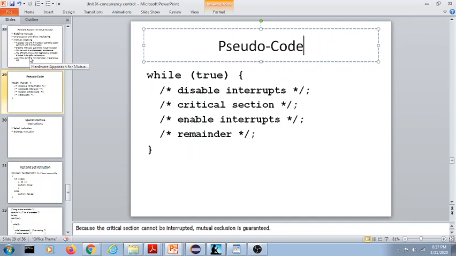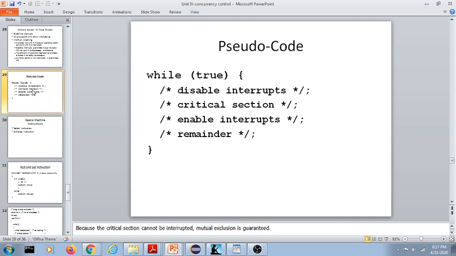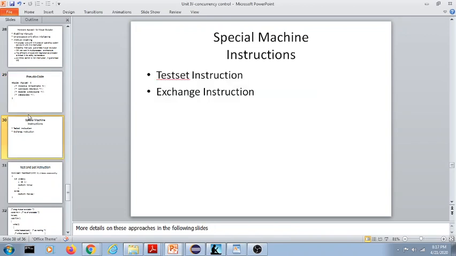That is one of the things. See, there are hardware approaches and software approaches. There are monitors and mutexes for achieving mutual exclusion. But in the hardware approach, you have different options. Either mutual exclusion can be achieved by disabling the interrupts, or it can be achieved by using special kinds of instructions which are provided in a CPU. So we will see the hardware approach.